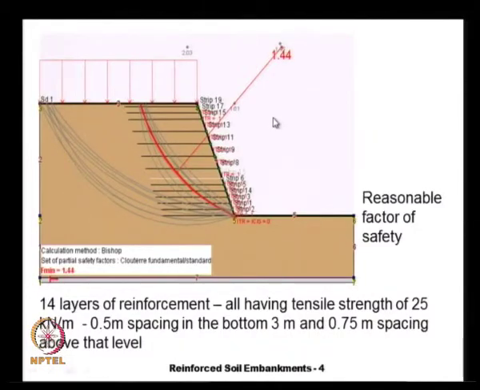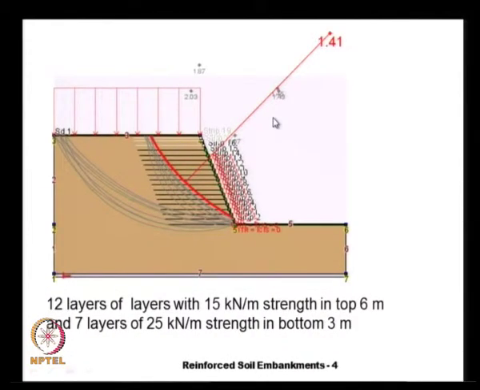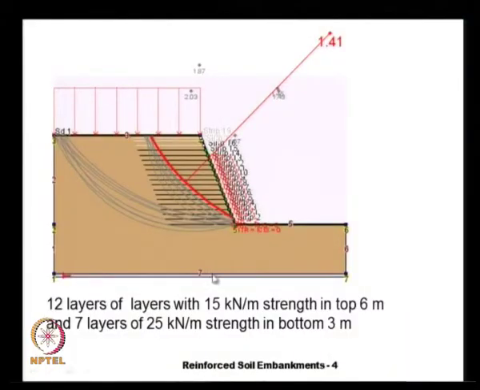So, a factor of safety of 1.4 is a reasonable value that can give adequate safety for the long term performance of the embankment. At this point we should realize that it is possible to redistribute a given quantity of reinforcement over the height of the embankment and come out with more efficient solutions, and this